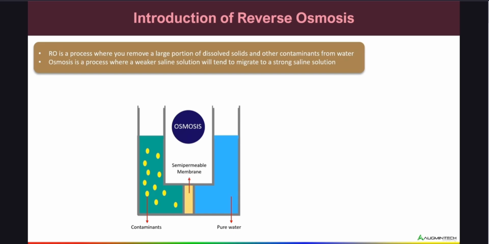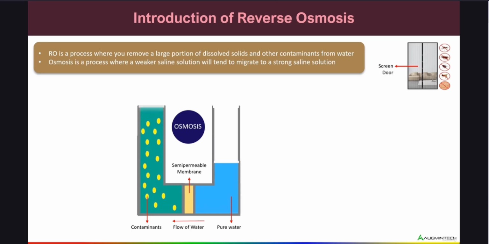A semi-permeable membrane is a membrane that will allow some atoms or molecules to pass, but not others. For your understanding, you may have seen a screen door which allows air molecules to pass through, but not pests or anything larger than the holes in the screen door. If a container full of water with a low salt concentration and another container full of water with a high salt concentration were separated by a semi-permeable membrane, then the water with the lower salt concentration would begin to migrate towards the water container with the higher salt concentration due to osmotic pressure.